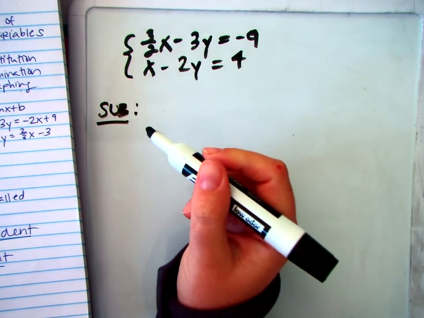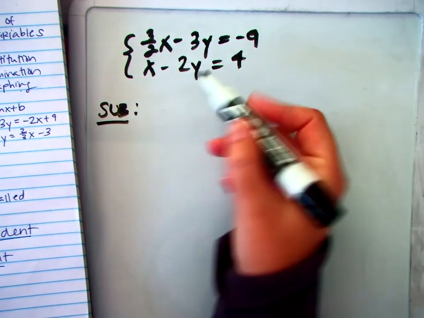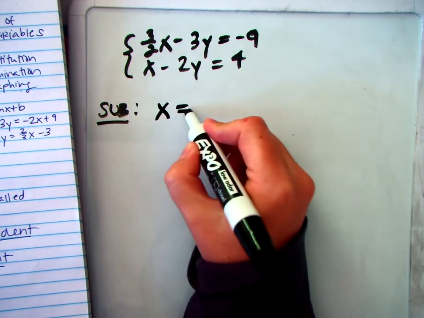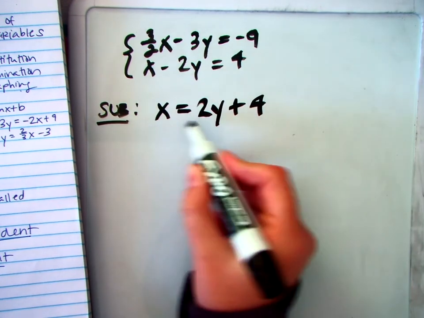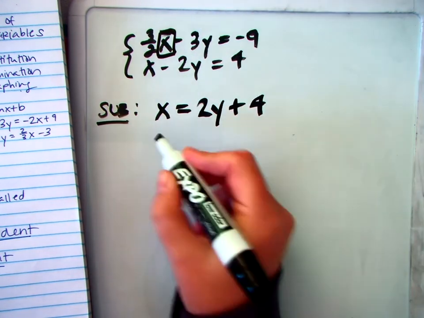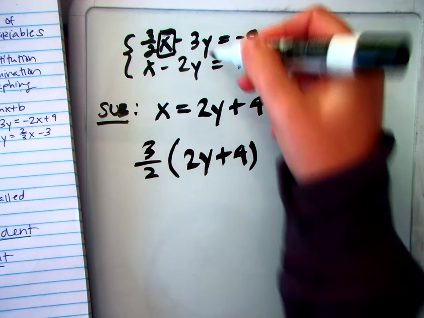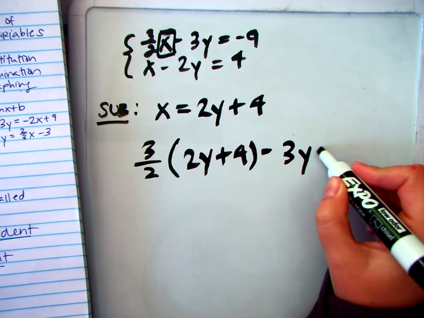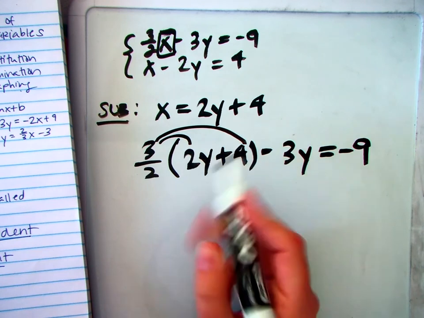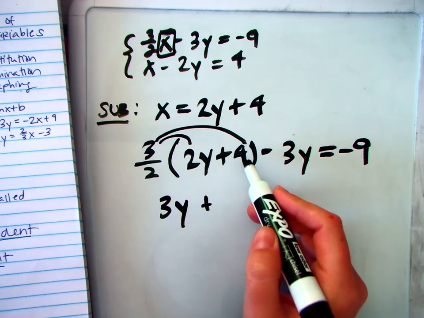And I am going to decide which of the two equations is easiest to solve for one of the variables. When I look at this, I see the second equation is easiest to solve for x. X would be 2y plus 4, right? I just moved the 2y. So now that I have a solution for x, I'm going to plug it in up here. So it's 3 halves times 2y plus 4, because it's 3 halves of x, minus 3y equals negative 9. And I'm going to distribute 3 halves of 2y, plus 3 halves of 4,